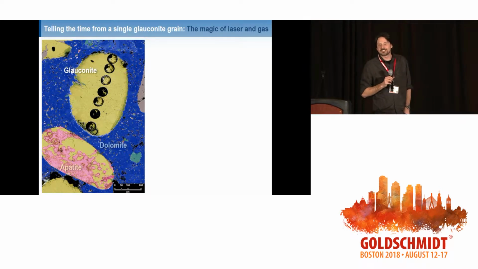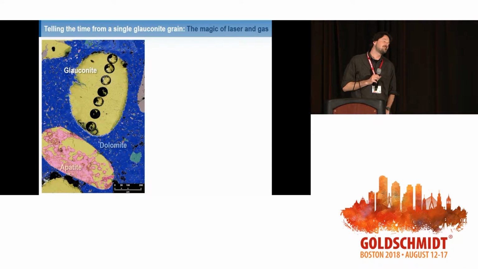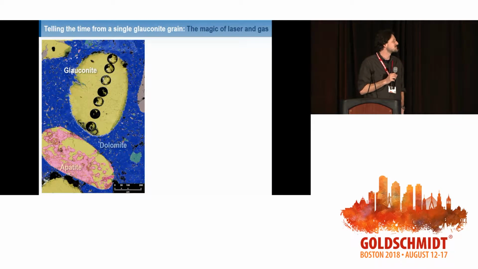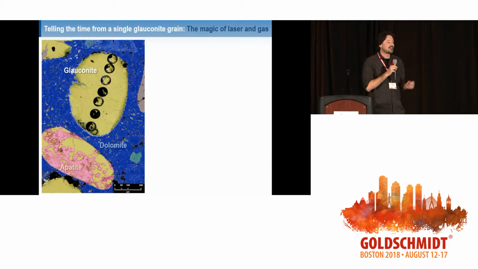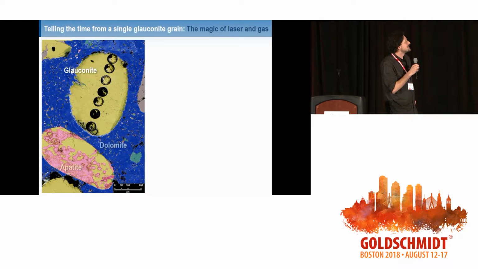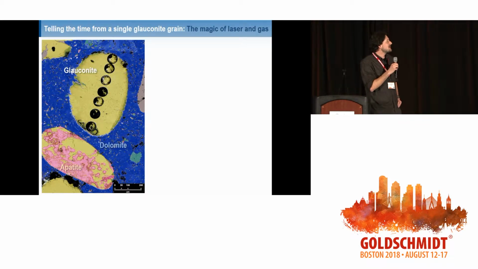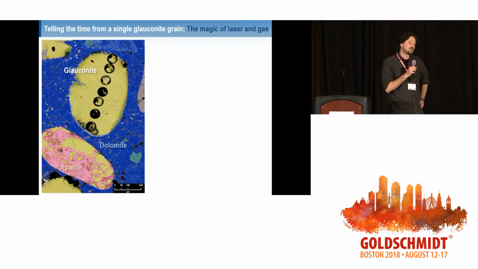So basically, what I'm going to share with you today is some potentially new, exciting research we're doing now at the University of Adelaide, and in a non-scientific way. This is, in a way, joint research between the University of Adelaide and colleagues at the Indian Institute of Science and the University of Gothenburg, and basically, the idea is to use glauconites, which is a rare mineral in sediments, to